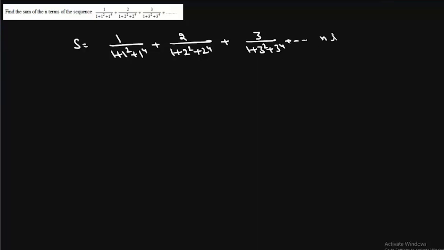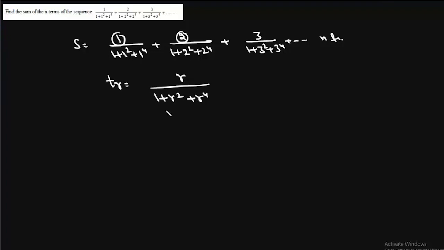Now the question is, find the sum of the sequence, and it is 1 upon 1 plus 1 square plus 1 to the power 4, 2 upon 1 plus 2 square plus 2 to the power 4, plus 3 upon 1 plus 3 square plus 3 to the power 4, up to n terms. Now we are going to write its general term, its rth term. For the first term we have 1, for the second term we have 2. So for the rth term we'll have r